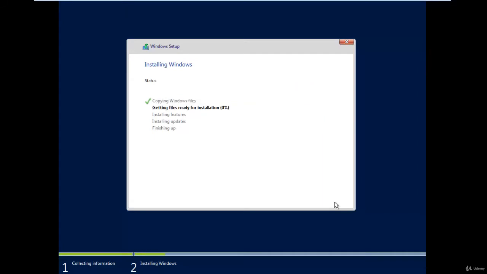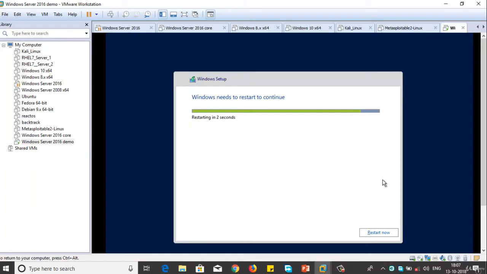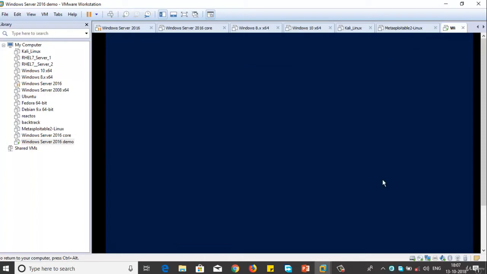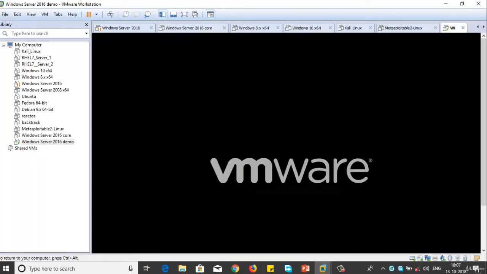It is getting files ready for installation. It will take a few minutes. Windows will restart in 1 second. Copying files from the CD to the hard drive is completed.